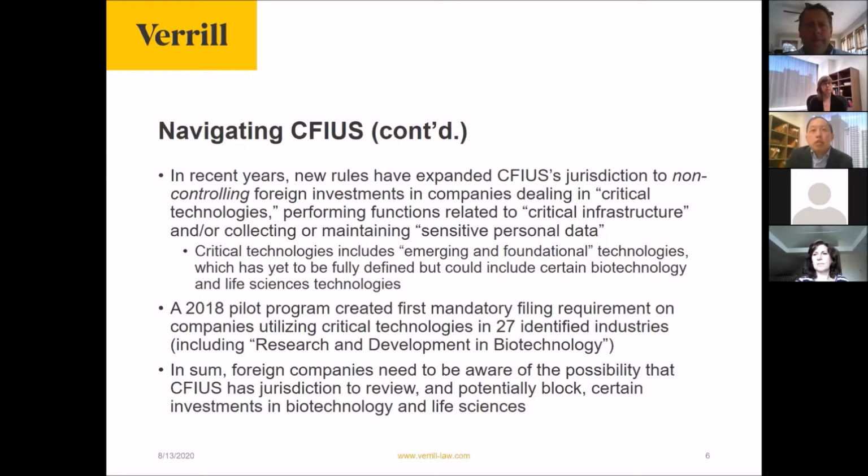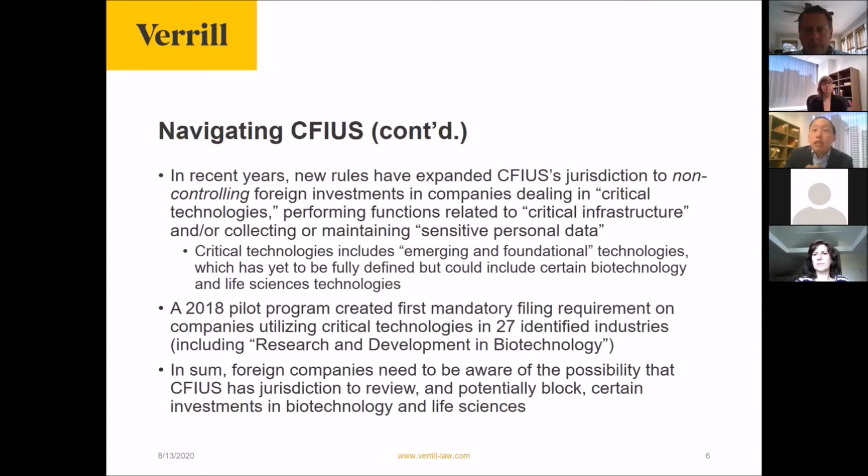And in late 2018, one of the agencies involved, the U.S. Department of Commerce's Bureau of Industry and Security, published basically a notice of proposed rulemaking asking the public to comment on what criteria should be used to identify emerging technologies that are essential to U.S. security, right? And at the time, the Bureau of Industry and Security identified 14 categories of technologies that they're under consideration. And one of those included biotechnology.